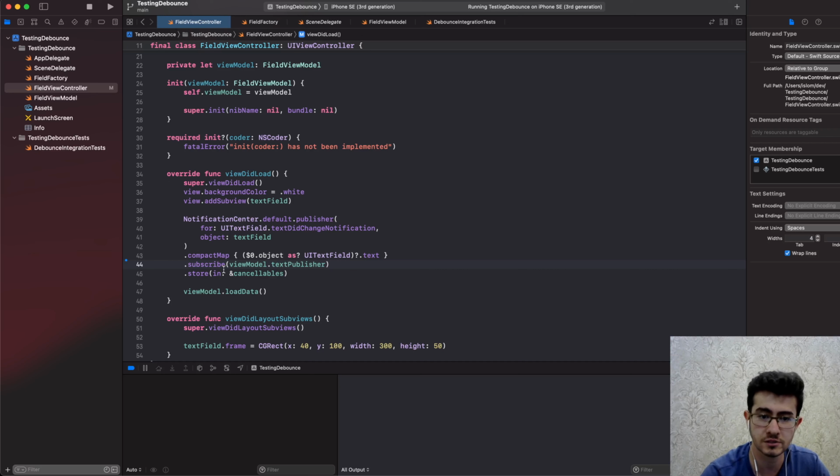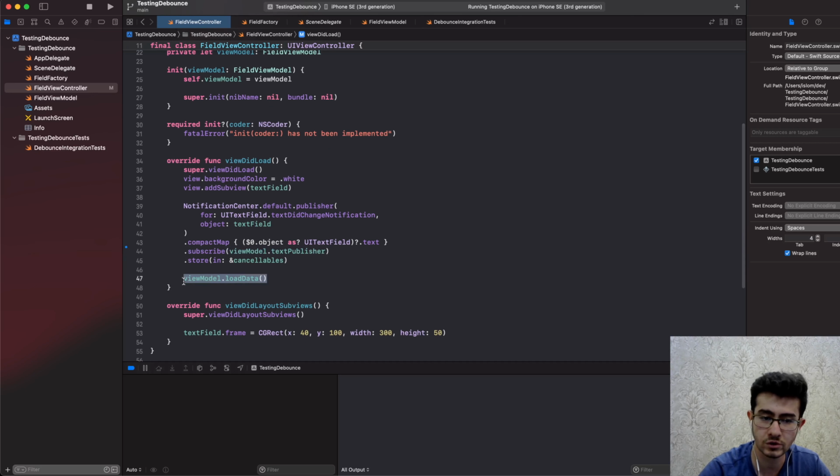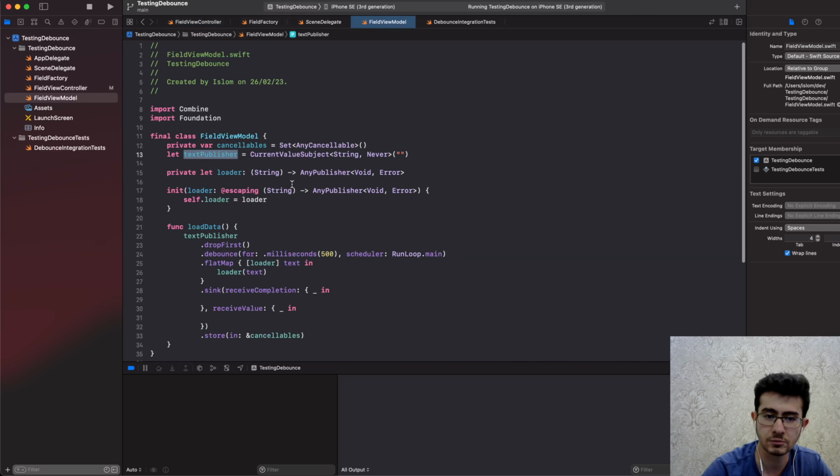So whenever a user types inside the text field, notification center would post a UITextField textDidChange notification, and we would want to retrieve the notification along with the text field. We would compact map the object, which is Any, and downcast it into our text field, get the text, and then bind it to the view model's text publisher, and then we would invoke load data. The view model's text publisher is basically a current value subject which holds an empty string as an initial value, and